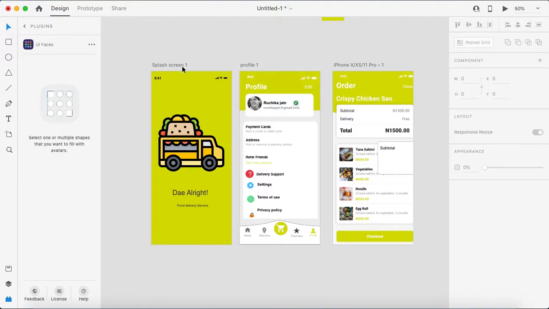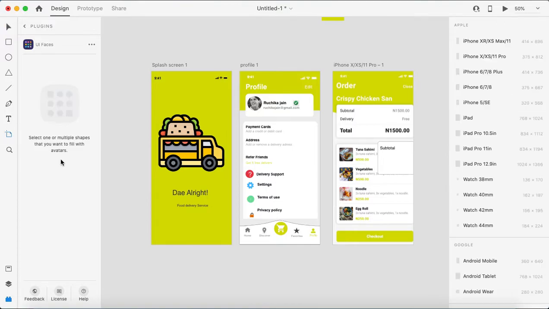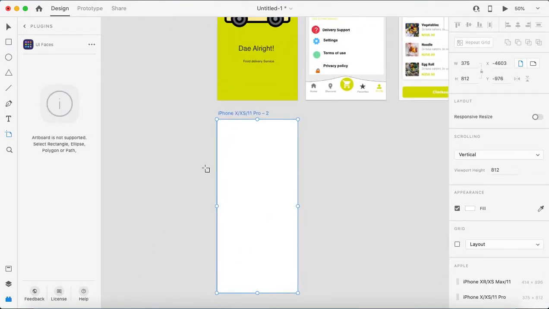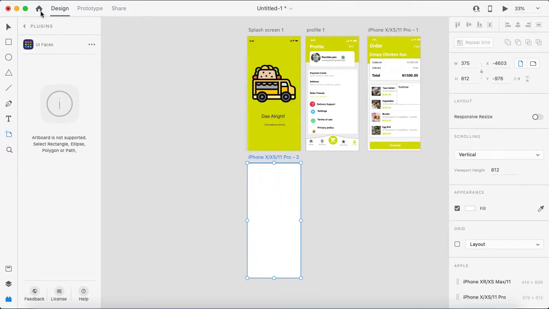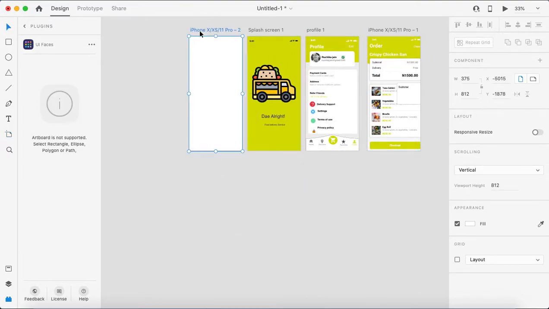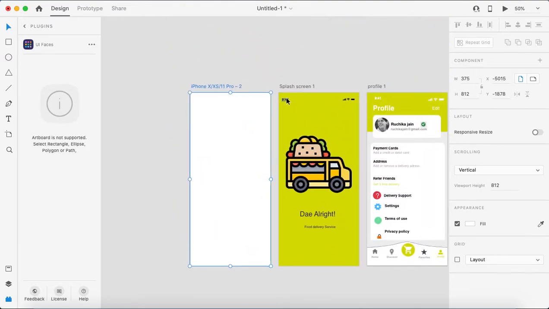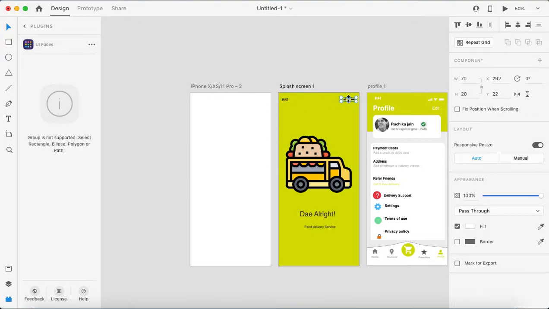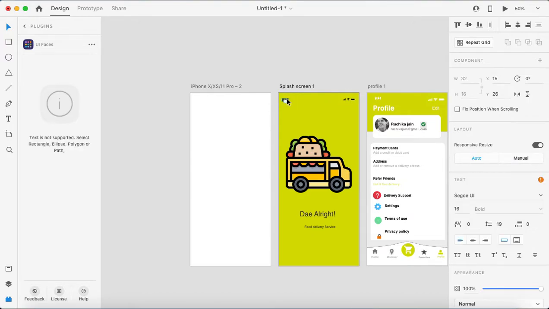which comes, which shows the application icon, or just gives a small idea of what kind of application it is about. So let me just draw here. Make it here. Okay, so this is your splash screen, this is my splash screen. Okay, this is really nice, very beautiful. Made this.